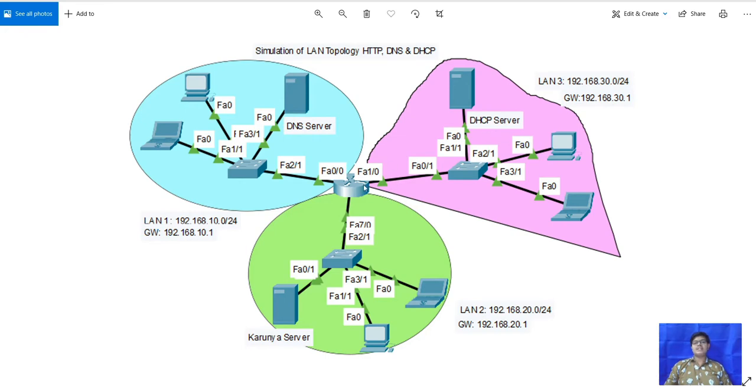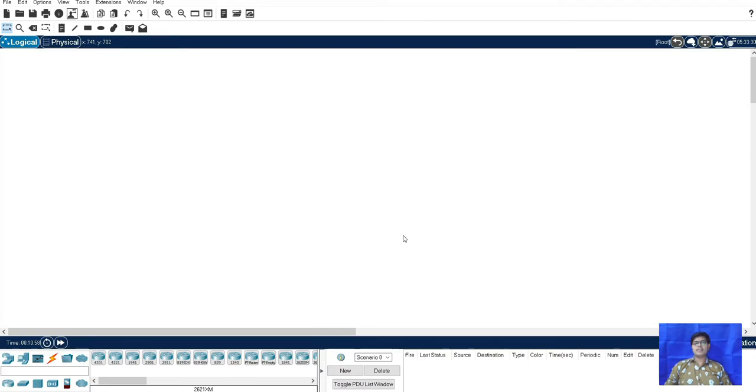After that, here the single router is here, and in this single router, all these three switches are joined to this router, and from here the network flow is flowing from this end to this end and this end. From this, the IP route is going to 30.0 and 20.0, and similarly 10.0. So this is the main interface from which we are executing the simulation of a LAN topology. Now we will move towards the packet tracer.